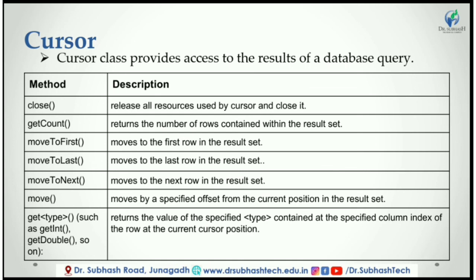Get column index or throw, return the zero-based index for the column with the specified name, throwing an exception if no column exists with that name. Get column name, return the name of the specified column index. Get column names, return a string array of all column names in the current cursor. Move to position, move the cursor to the specified row. Get position, return the current cursor position.